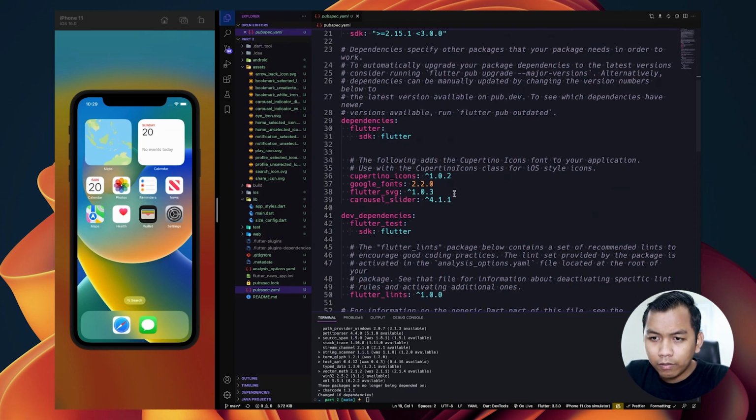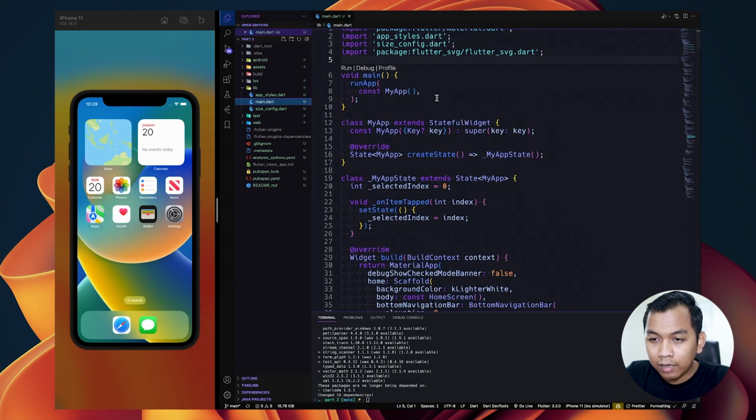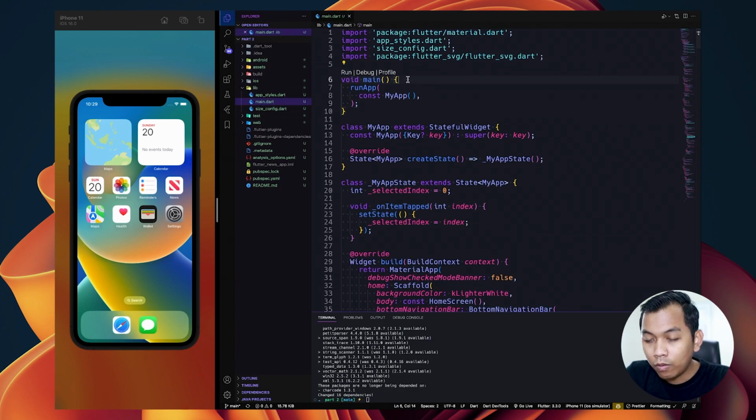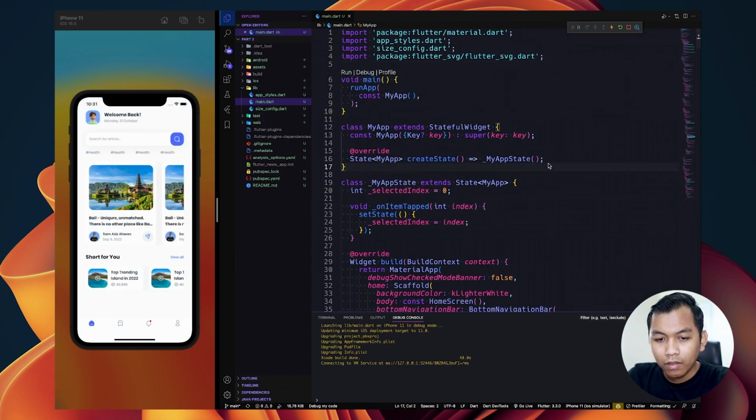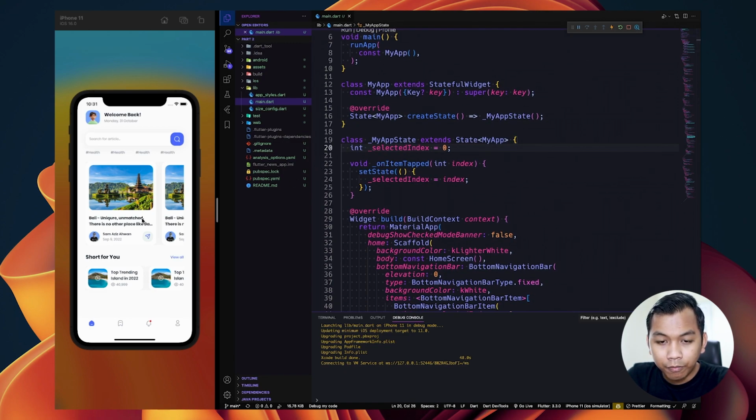In this part, we just need to add this carousel slider. And maybe let's run this to see how our previous app looks. Alright, so this is our previous video, where we converted this screen 1.